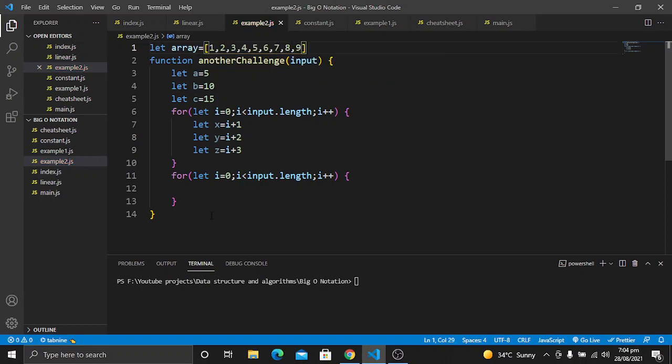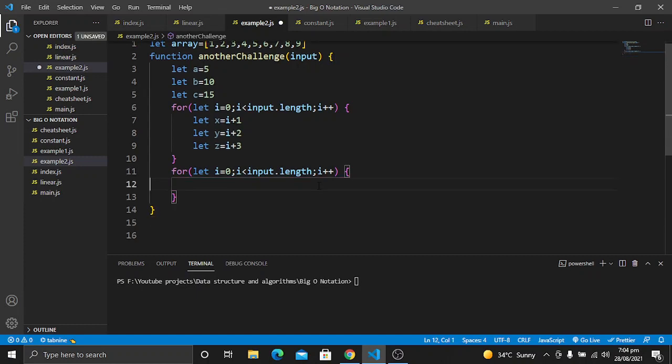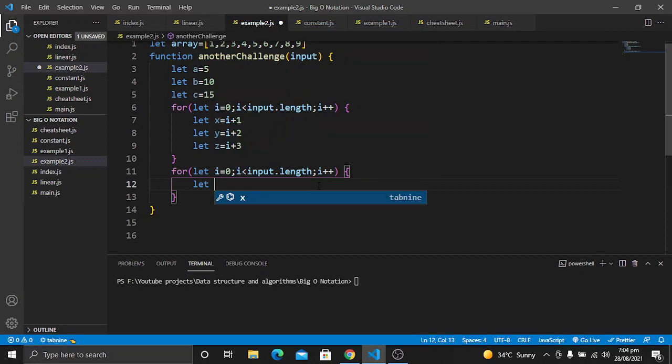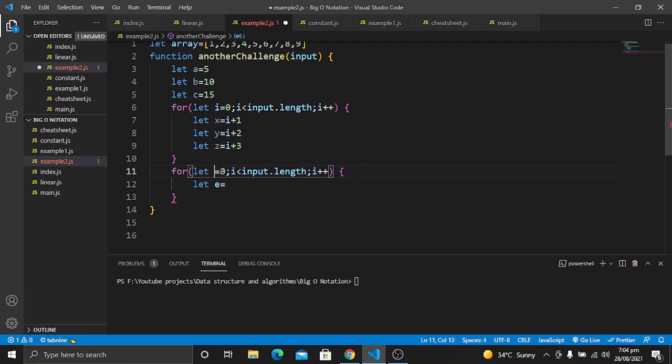So for example, this will be the array. Now for this for loop, I also want to create new variables. For example, I will create a variable e. For this for loop we have already used the i variable, so let's use j for this, so we don't have any confusion.